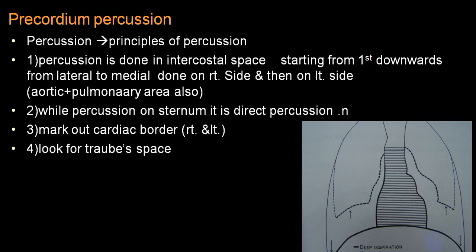If any condition increases the area of dullness on the left side, that is, we have already mentioned a cardiomegaly because of valvular heart disease like MR and AR, that is mitral regurgitation and aortic regurgitation, or because of massive pericardial effusion, or because of dilated cardiomyopathy. This dullness will encroach onto the Traube space, and Traube space will be reduced or maybe even absent, or may be very difficult to demonstrate.